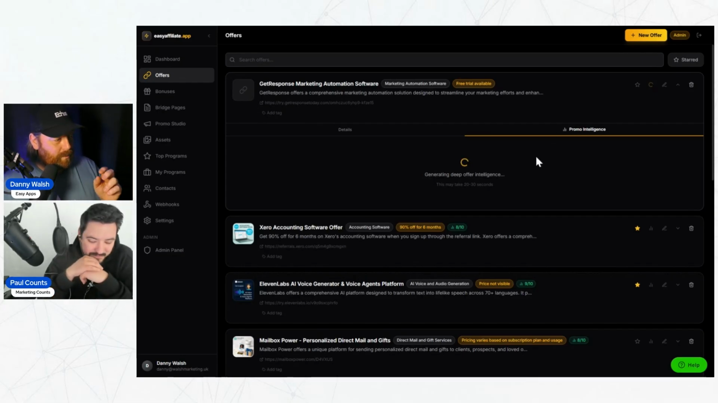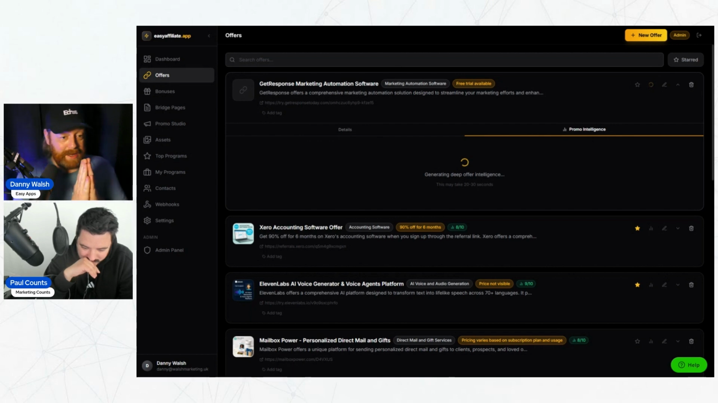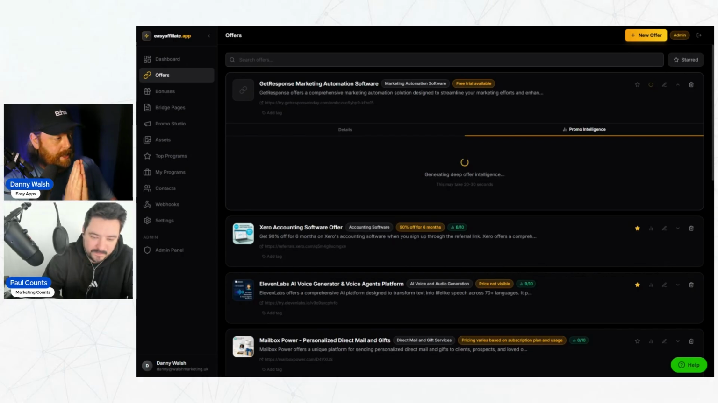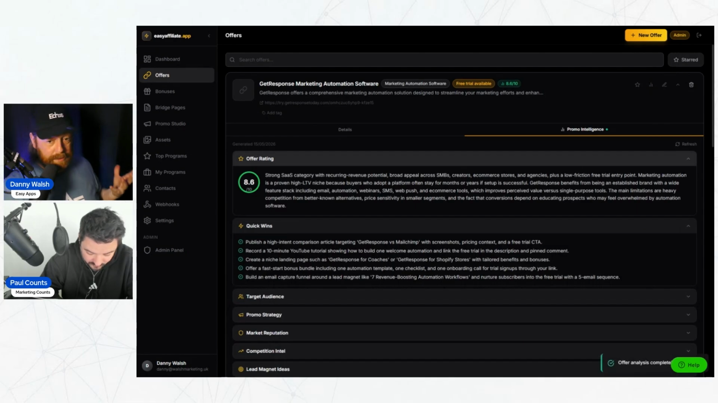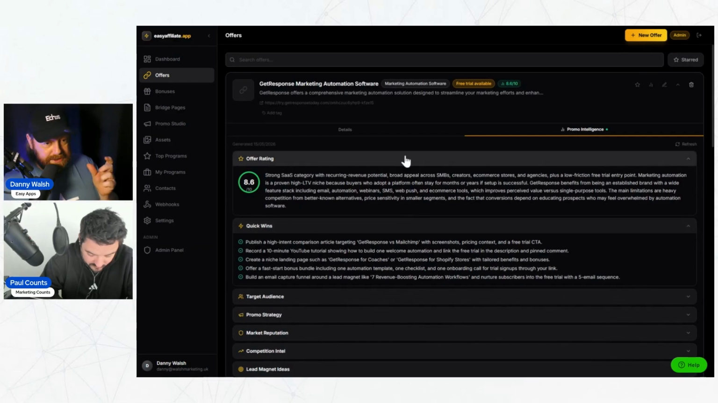Amazing. So what this is going to do is go and do some deep offer intelligence. This is actually the longest piece, but my hands are still here. I'm not pressing anything right now. All I'm doing is waiting for the app to finish, going out there and determining, is this actually worth promoting, right? So this is the longest piece of the puzzle. There we go. So now what I've actually got here is gold, because in 30 seconds, I've got a score